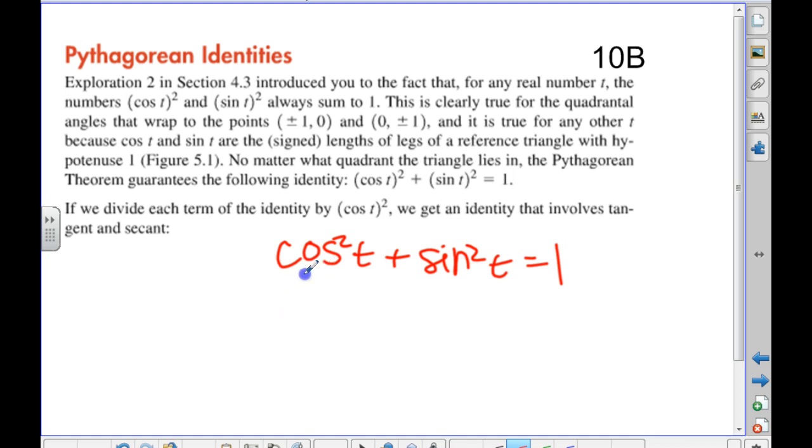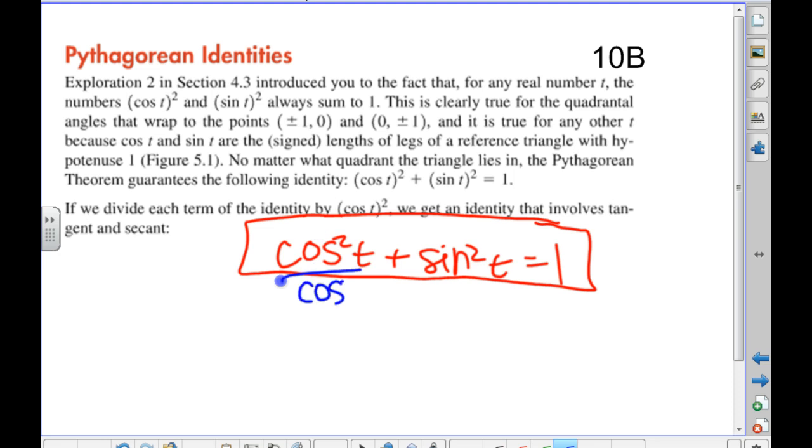The other 2 identities that are important, Pythagorean identities. Why is it called Pythagorean identity? Because it's built off a right triangle. It's just the Pythagorean cosine squared plus sine squared equals 1 squared, okay? They do have to be squared. Talk more about that in a second. But if I divide all these by cosine squared,